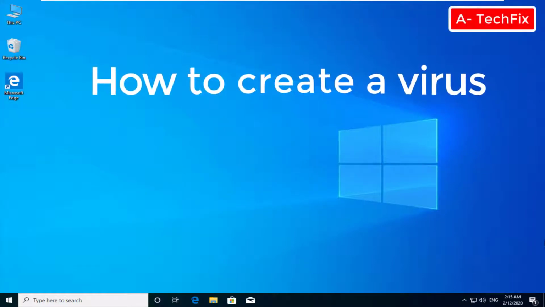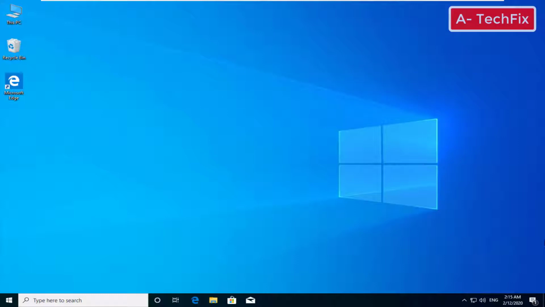Hello my friend, now we will learn how we can create an awesome virus. Just kidding, sure, just kidding. Simply, to create a simple virus in Windows 10,